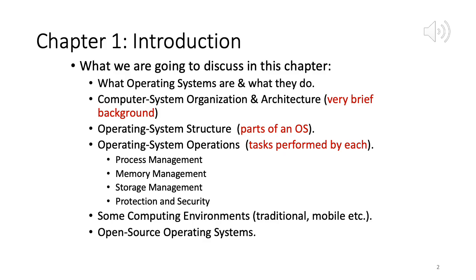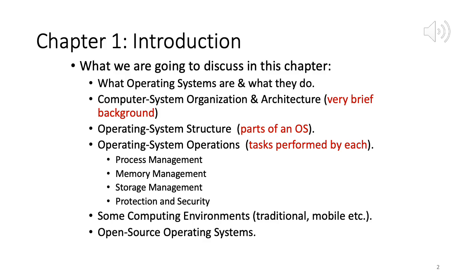Next is operating system operations. What are the tasks performed by each of those parts? There's a whole module which looks into process management, another one looking into memory management and storage management, and then protection and security. So from this bulleted list, you can get a pretty good idea of one of the major goals of an operating system. It is to manage various resources of the computer, to manage the memory, to manage the storage, and to manage how all the applications are running on the machine. We will talk more about it.